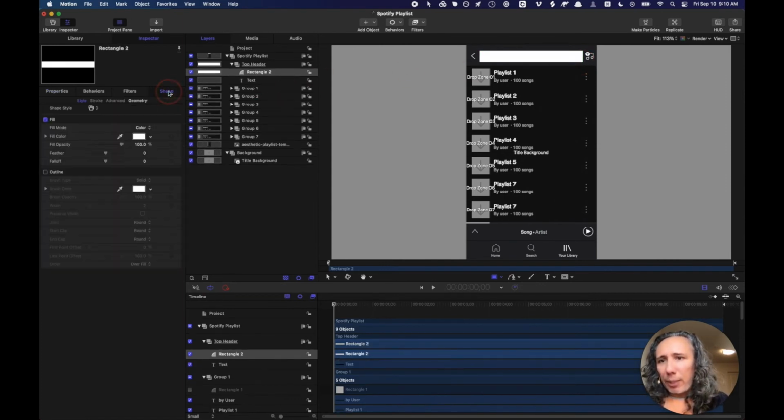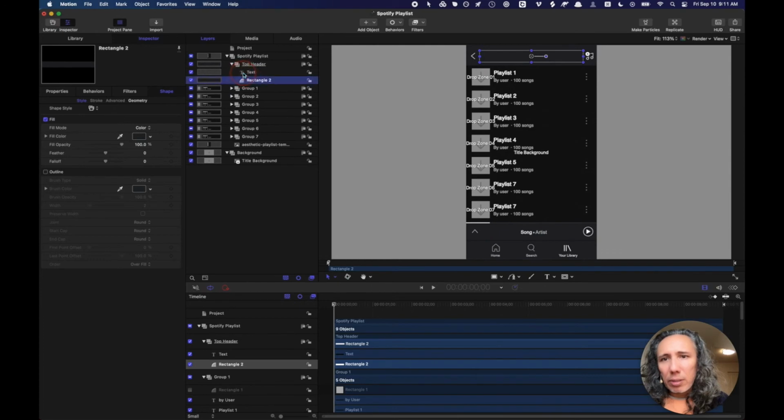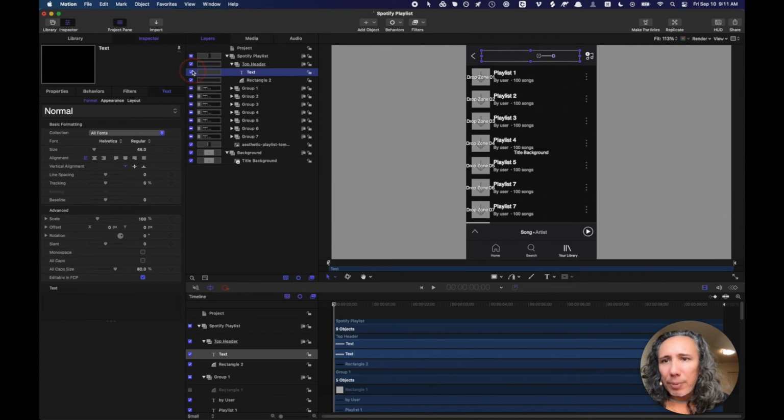So I'm going to go to shape, eyedropper. I'm going to select somewhere right around there. Oh, it's the fill color, not the outline color. There you go. And just make sure to put that rectangle underneath text. Nope, what happened to it? Oh, I don't have any text. So